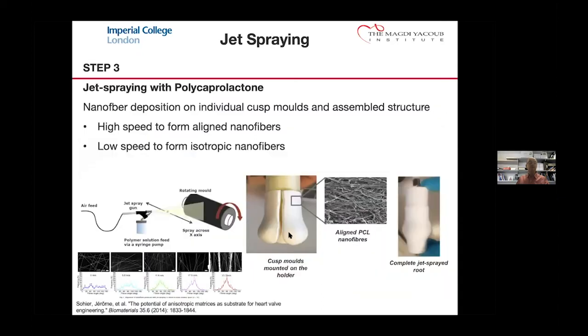And this is essentially done by the method of jet spraying. So we jet spray our scaffold material, which is polycaprolactone, PCL. These fibers are dissolved in chloroform, then sprayed onto a rotating drum. The speed of the drum will determine the degree of alignment the fibers will get, and therefore the porosity of the scaffold we make. Our aim in these sinus molds, which form the cusps and the sinuses, was to achieve highly aligned anisotropic scaffold material.